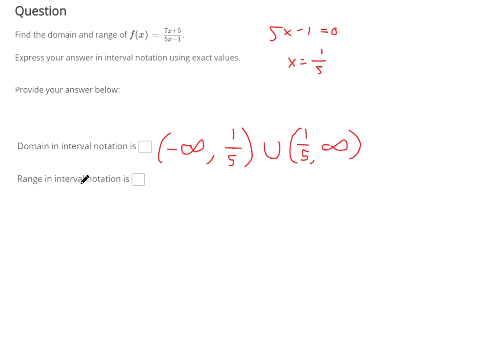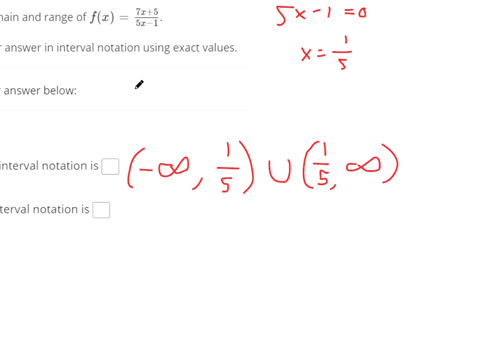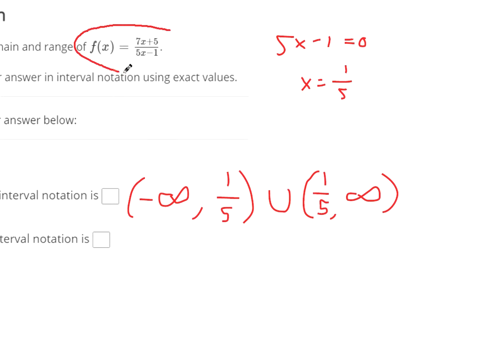The range is all the values that come out of a function, so all the y values is one way we usually think of it. So with a rational function, that's sometimes tougher to do, especially if it gets complicated. Sometimes using a graphing calculator to check yourself is a good idea. But let's see, I think one good thing to consider with the range is to think about any sort of horizontal